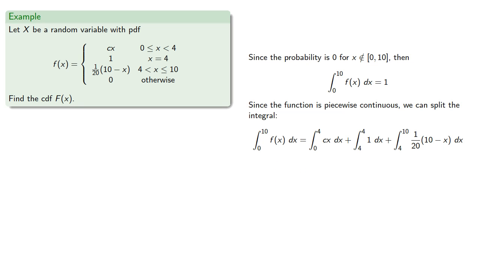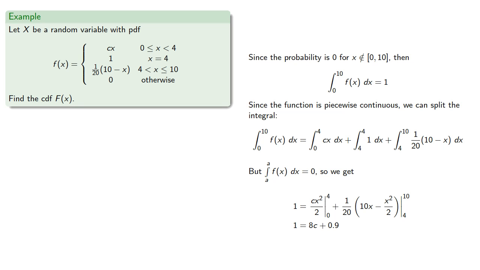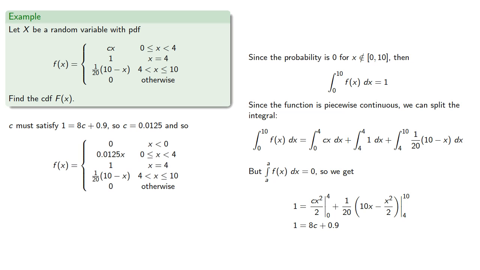But this integral over a single point is going to be 0, and so that means C must satisfy the equation, and so we solve for C and find, and so our PDF will be,